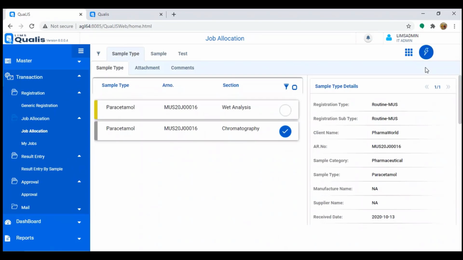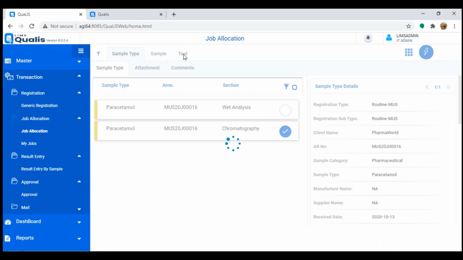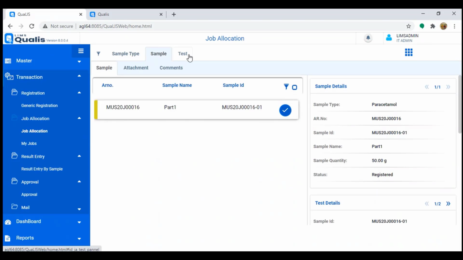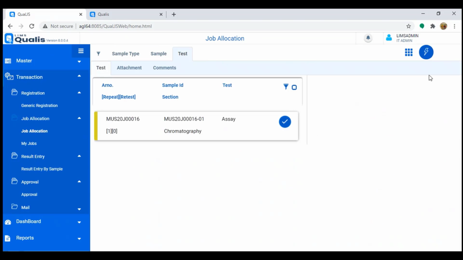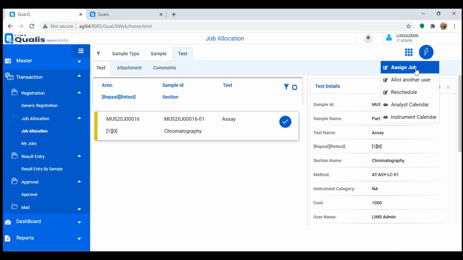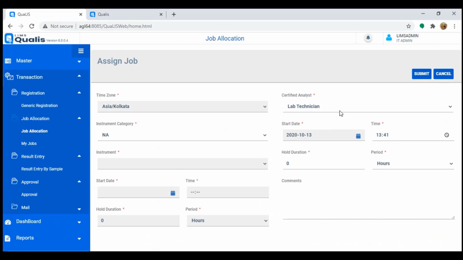When I say assay and say received it in my lab, this is a different lab now, chromatography lab. He received it. When he goes and says assign the job for assay, now you can see I have two different users available, lab technician and Satish, because these two users are competent to do this test. But I will still select the same user now so that I can do the result entry together. I will also say